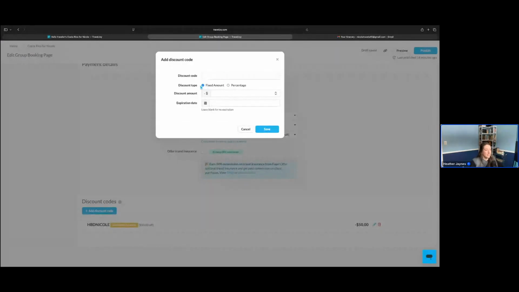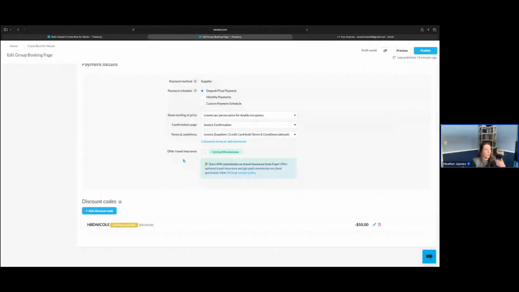You can have a fixed dollar amount or enter a percentage, have an expiration date, and have that saved. That way, when your clients are checking out, as they go through the booking page, they can enter it in and, of course, have that amount discounted either by percentage or dollar amount in the checkout process.